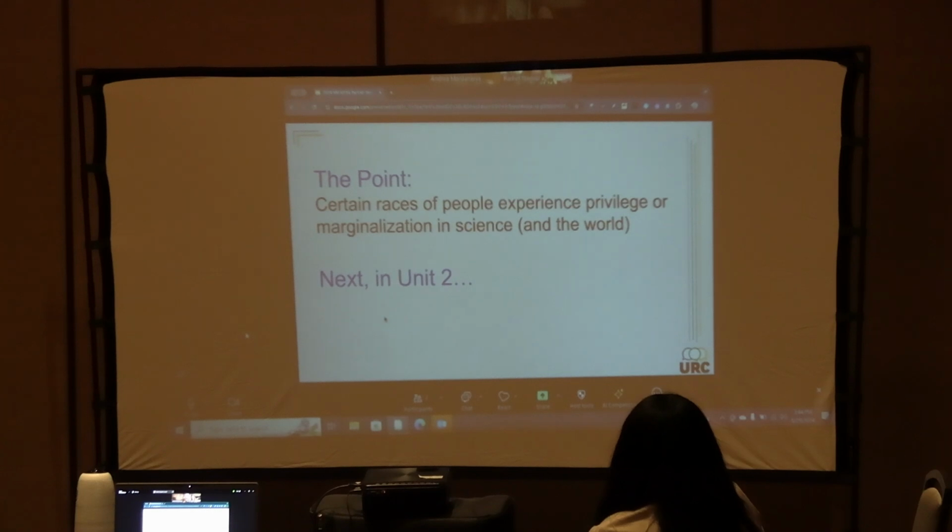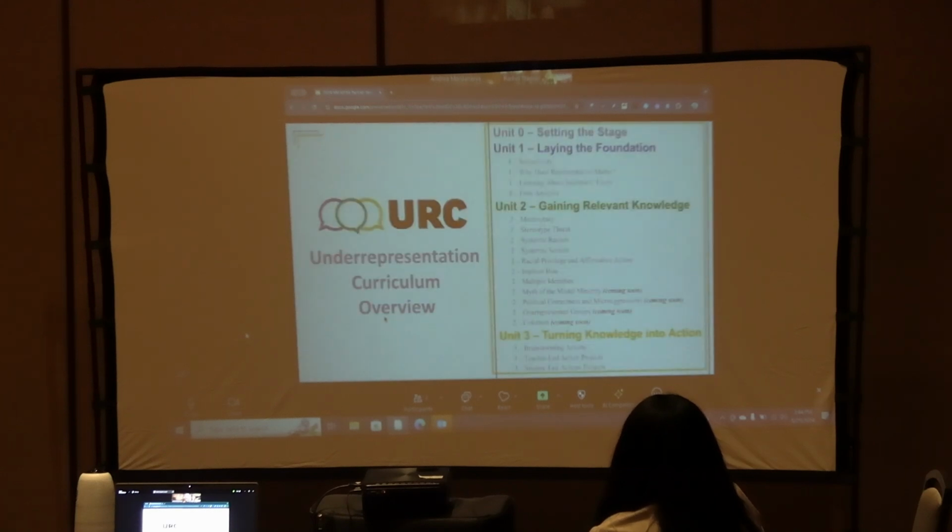So other lessons in Unit 2, what comes next? Many of us have picked some of these that more appropriately align with what our student populations look like. We have lessons like meritocracy, stereotype threat,